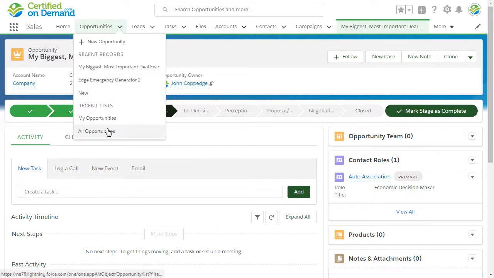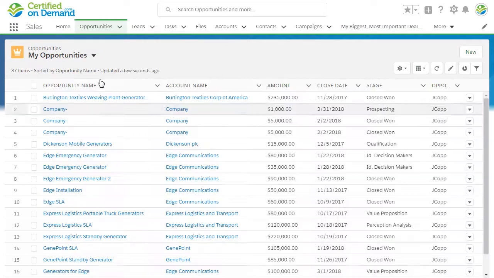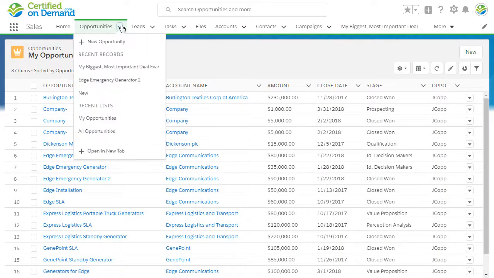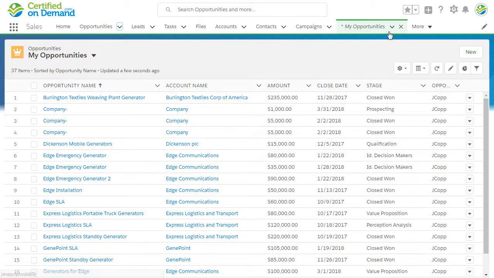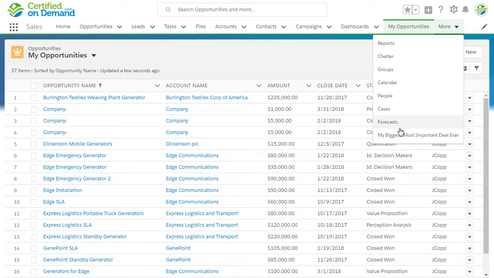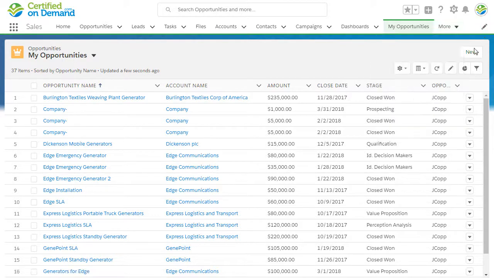The same thing would actually apply for list views as well. So I could go into my list view here, open this in a new tab, and also add that list view itself to my navigation bar. Now, of course, this is going to make my more menu get longer and longer, but what I can also do is I can customize this by going into the edit menu,